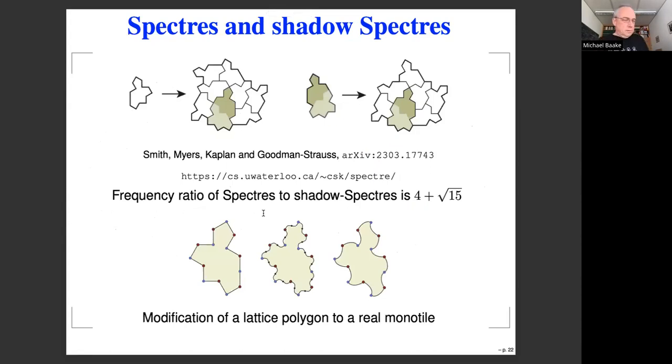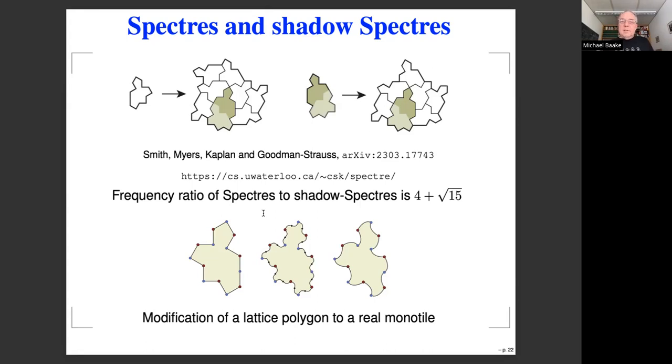So much for the hat. So maybe I have a few minutes to just show you what happens for the spectre. The spectre has the advantage that you don't need the reflected version. And in fact, using the lower sequence of images, if you do this little deformation and make sure that the spectre can never be matched by an anti-spectre, then this curly version of the spectre is a true geometric monotile. It doesn't need a reflected version. In fact, it can't use it,